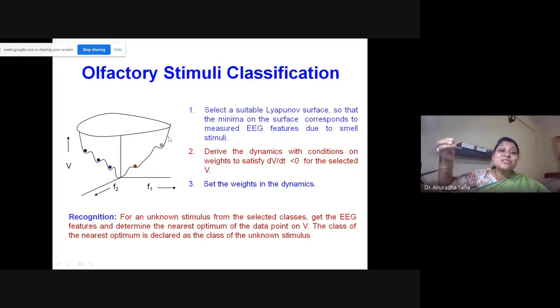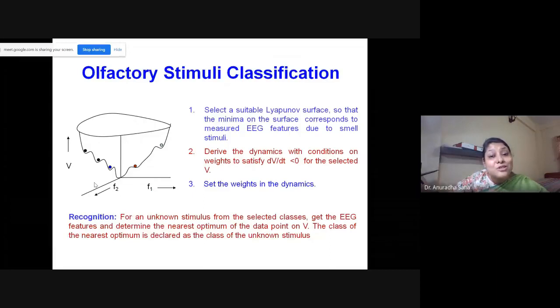Of surface, and if you just give the chance to that data to roll down into this particular surface, then what happens is this: if the features of the EEG signals during the inhalation of the unknown stimulus, which is naphthalene, which is known to you only, not the human person or the subjects, are correctly extracted or selected, then automatically that unknown data is going to roll down near the optima of the